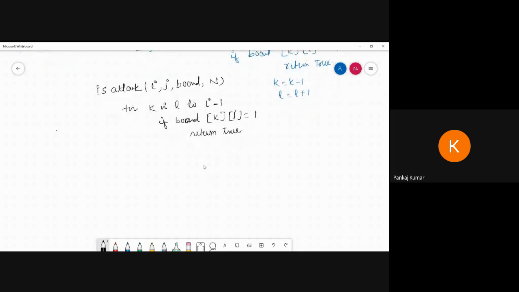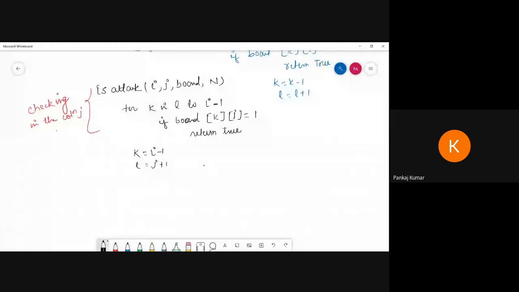Here, what I'm going to do, the checking in the column j is done. Now the next line: k equal to i minus 1, and l equal to j plus 1.